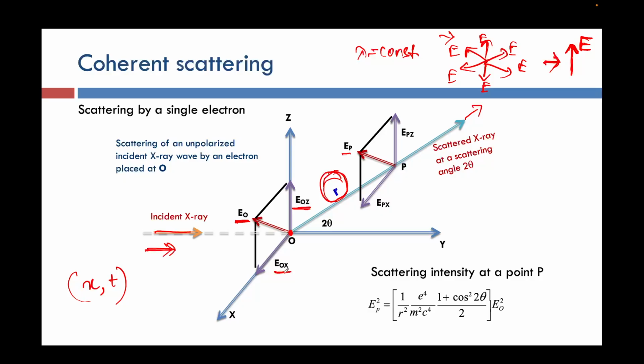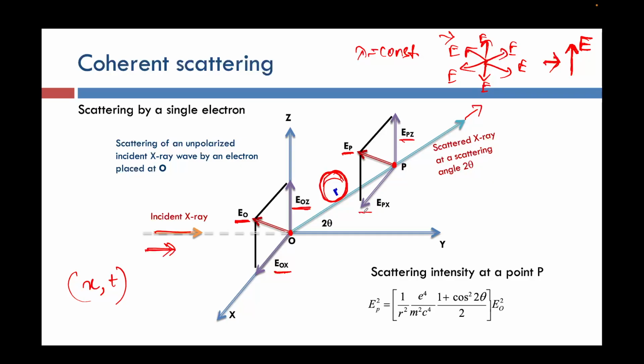Similarly, after scattering of this incident X-ray, if I want to find the amplitude of the wave at point P, which is positioned from the origin at a distance of r, I can do the same thing. I can break my resultant electric vector into two axes, EPZ and similarly EPX. So after breaking all these things,